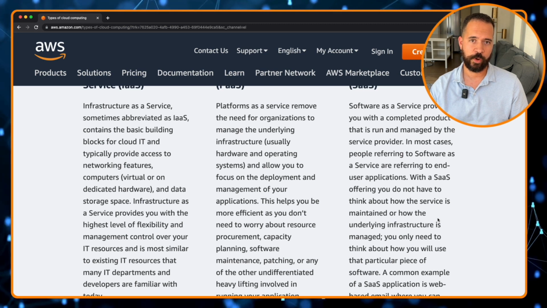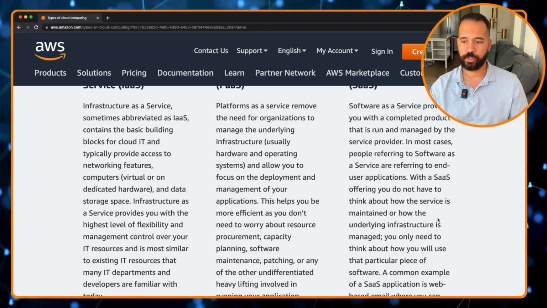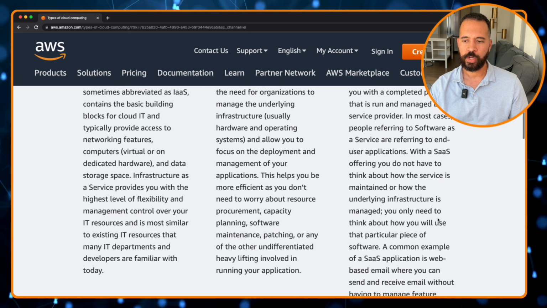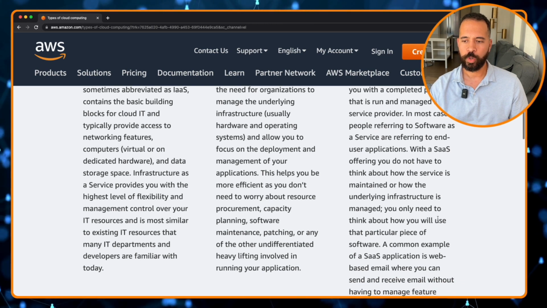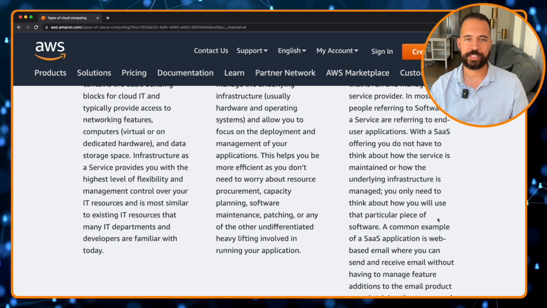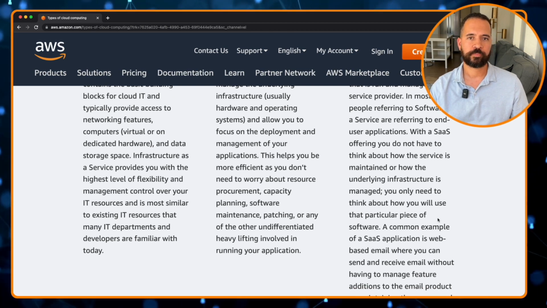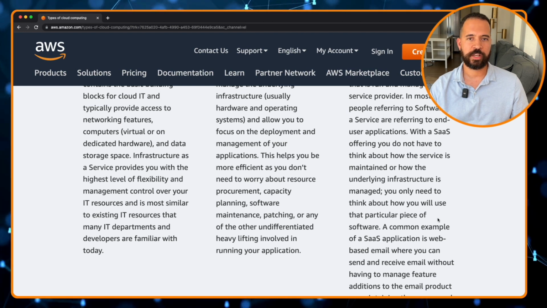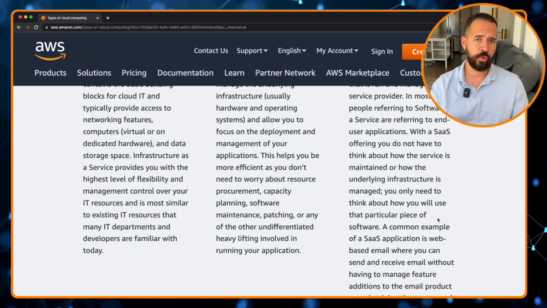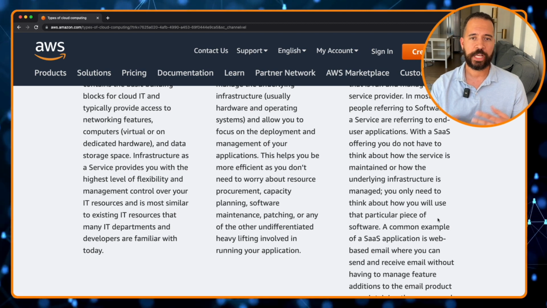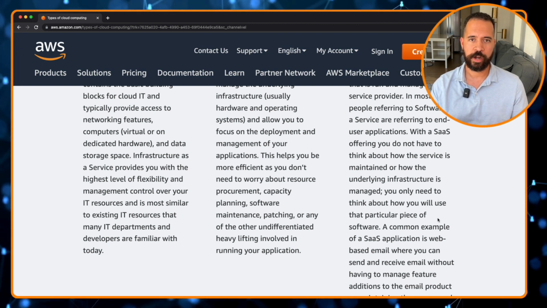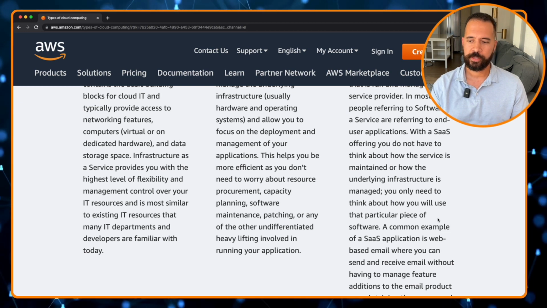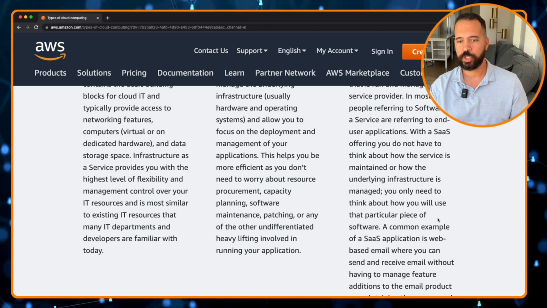You just use the software, and the software as a service provider continually provides updates and support on that software. One of the examples is webmail. Think about webmail: you just send and receive messages, and there's a whole lot of stuff going on, trust me, underneath the hood, but it's software as a service, so you don't have to worry about anything. You just use your email, and boom, you're good to go.